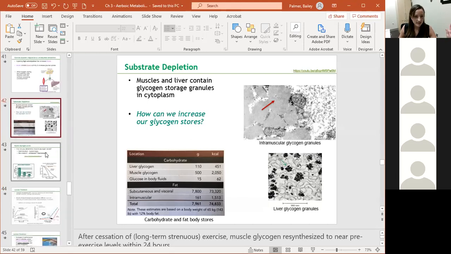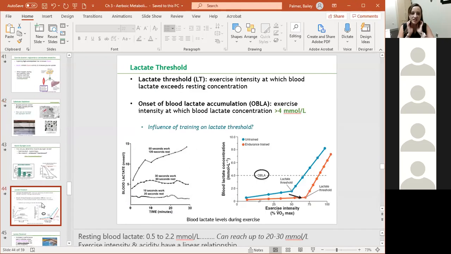Next is lactate threshold versus OBLA. So you answered this on your assignment. We talked about why having a higher lactate threshold is important for an aerobic athlete. First, we have to know the definition of lactate threshold. And that definition is